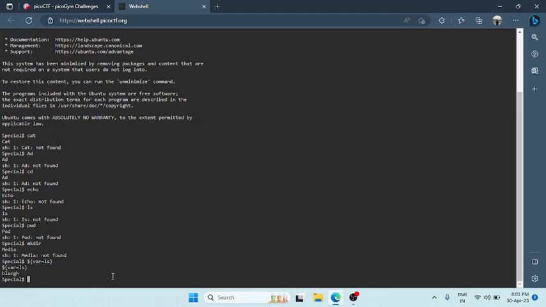So we can try to cat this value, see if it is a file and what the content inside is, and if it is a directory, that will definitely not work. So we will fire the same command again.